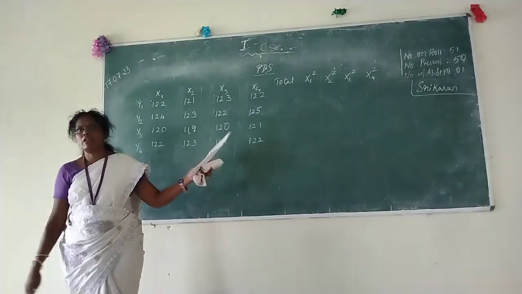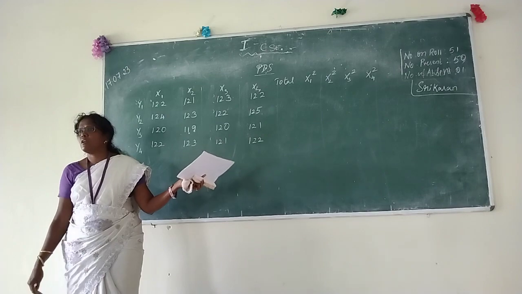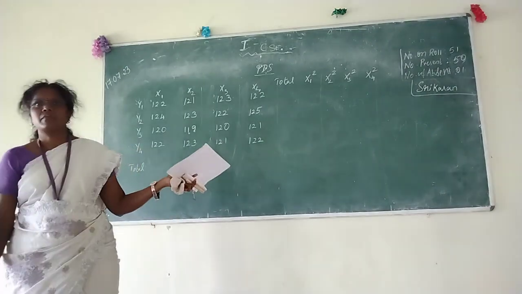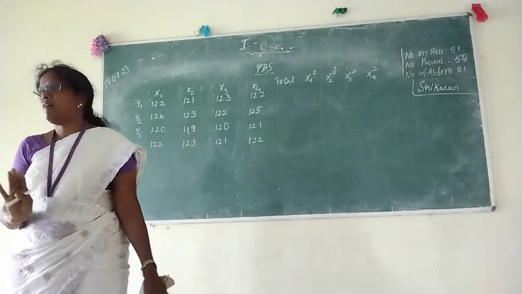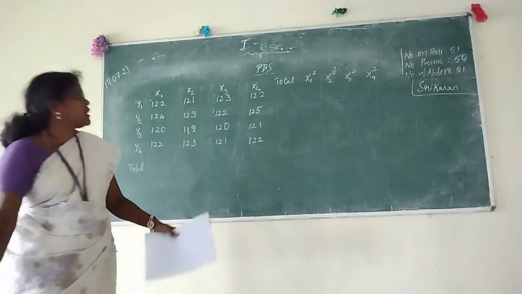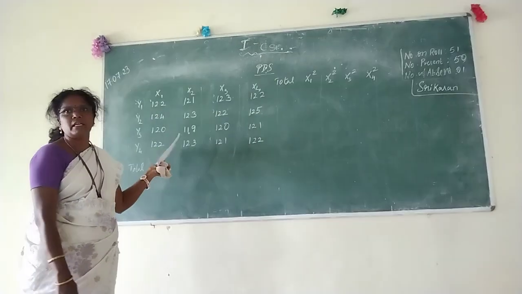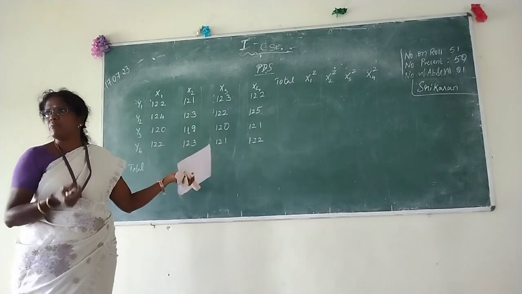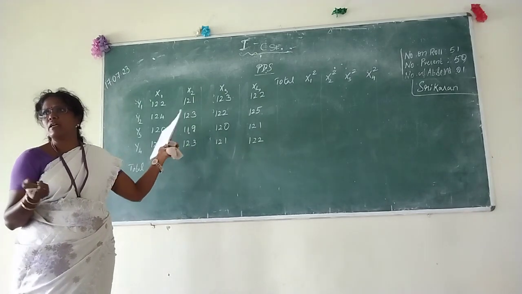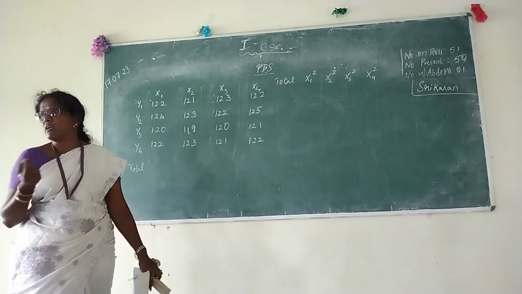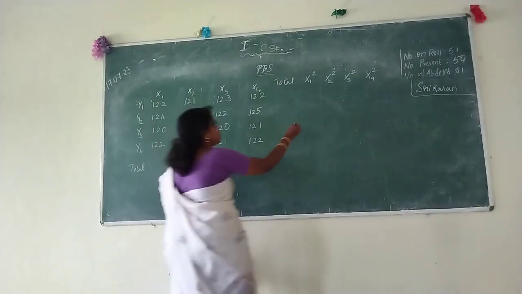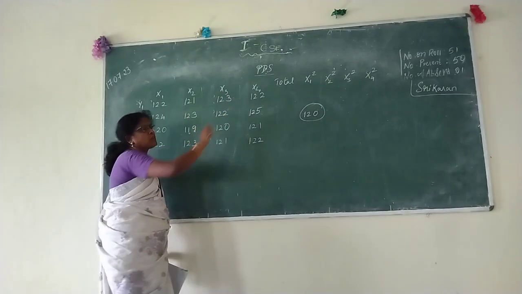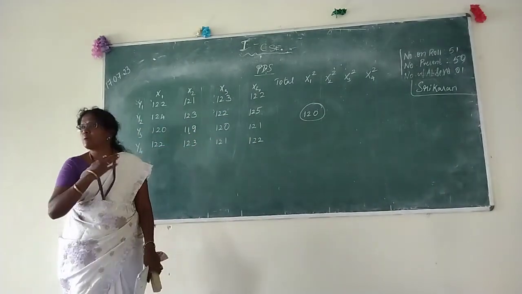Should I tell you that technique, how to reduce it to a smaller number? I will tell you, I am not compelling you to solve. I will just tell you the other option. Everything is in three-digit numbers in the hundreds, right? You identify some common number. You can take any number from here also, that is your choice. For example, I choose the number 120. I am going to subtract all the numbers from this 120, so I will reduce my data.